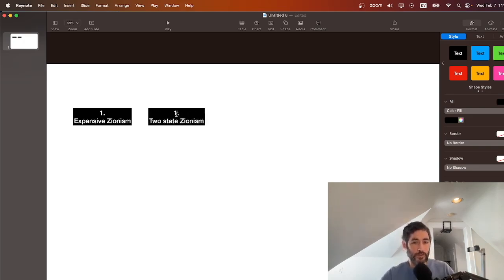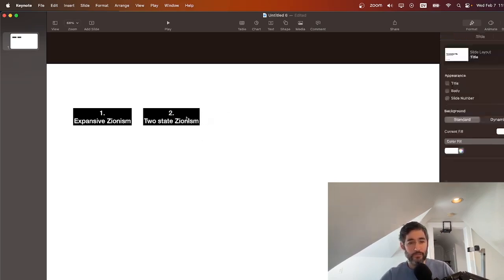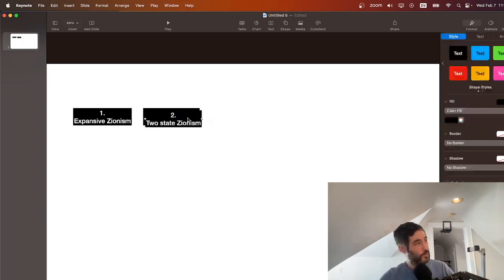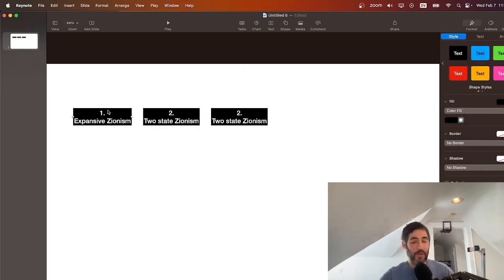Zionism, right? This is category number 2, and this is the position that says the just solution is 2 states. It says that the current occupation of the Palestinians is unjust. There are criticisms within 2-state Zionism for a lot of decisions that the right-wing Netanyahu governments have made, and criticism of the occupation which started in 1967 after the Six-Day War, criticisms of settler violence. But ultimately, the only solution available within this line of thinking is a 2-state solution. You need a Palestinian state and an Israeli state side by side. The idea is two fences make good neighbors.